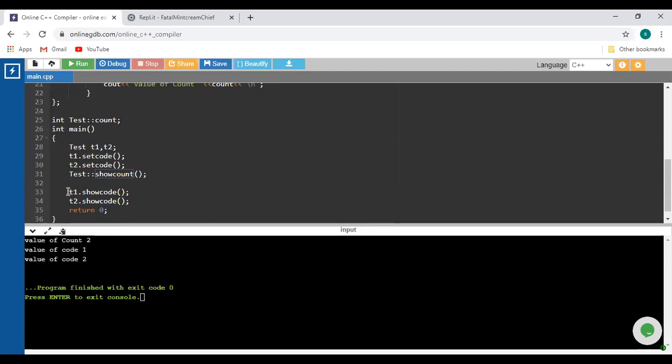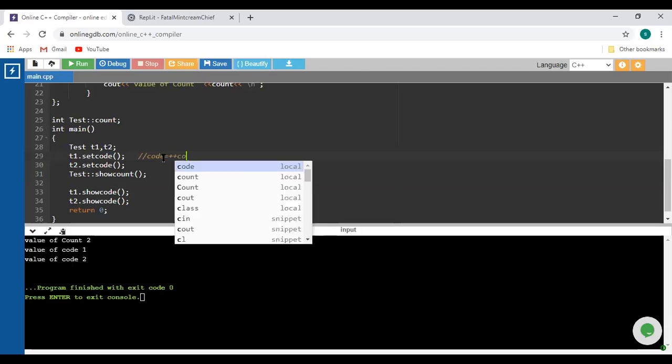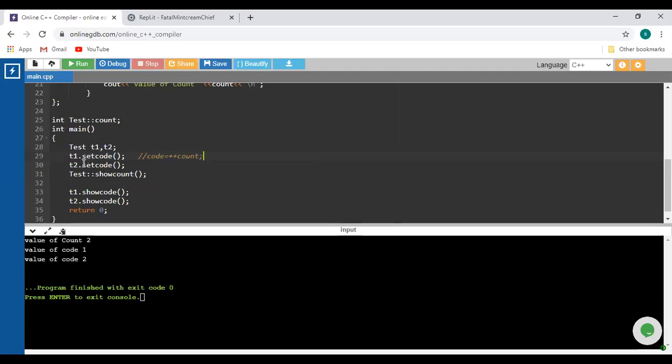Why? Because with the help of the t1 object we called set code, and inside set code the logic we have written is code is equal to plus plus count, count plus 1. So when the t1 object is created, the count value is initialized to 0. Next, when we call set code, count is incremented by 1 and that value is assigned to code.